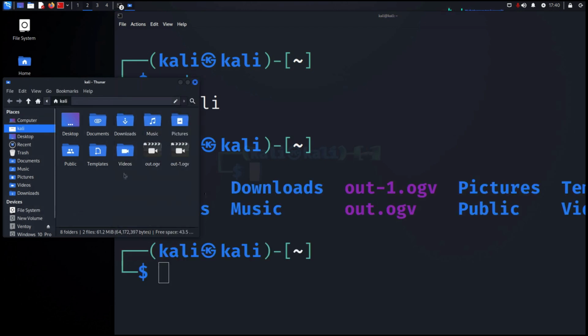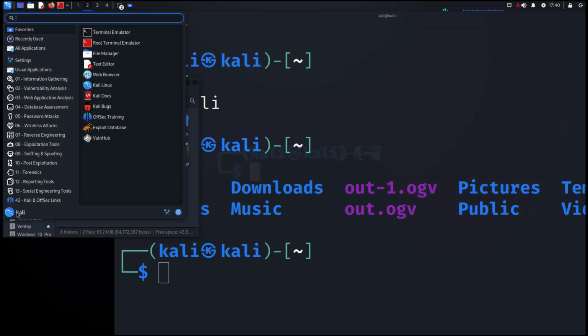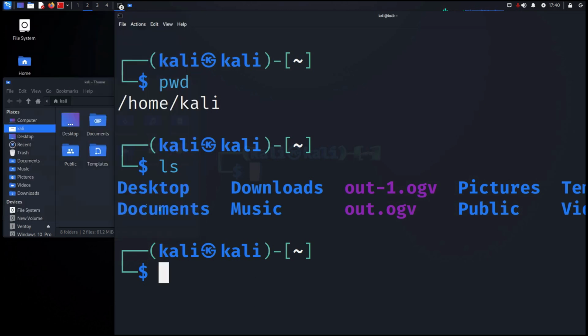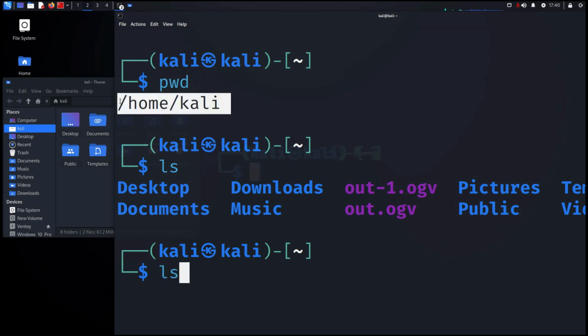It's the same content that we see here, Desktop, Downloads, if you're using the graphical interface. So that's the location. If I click in here, you can see that's my home directory. So my home directory is called Kali. And if I click on my logo, it tells me the user account that I've logged in with. So that's my user directory. You can see I am located on my desktop. So if I type ls, it's going to list the content of my